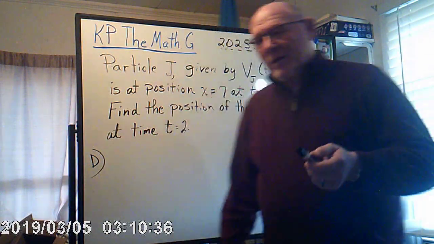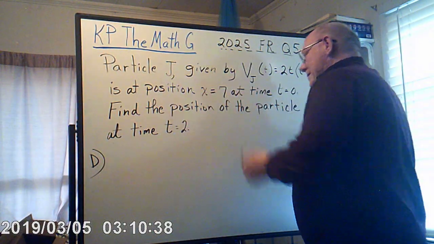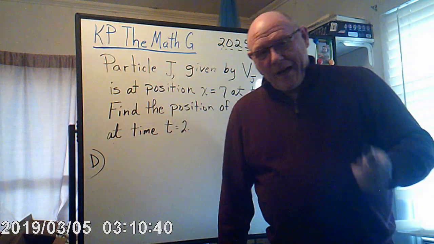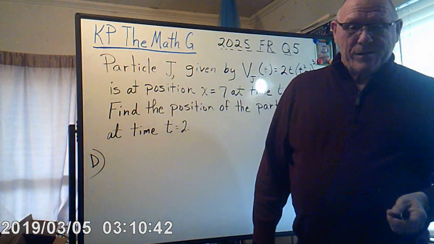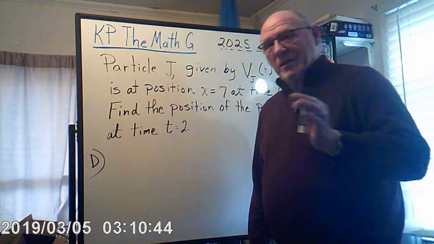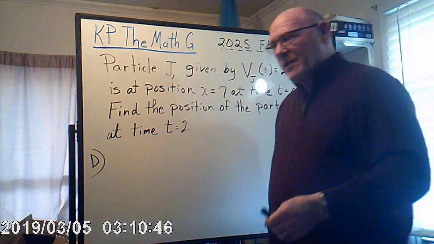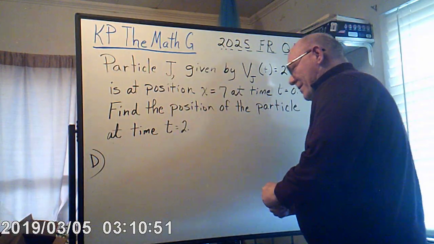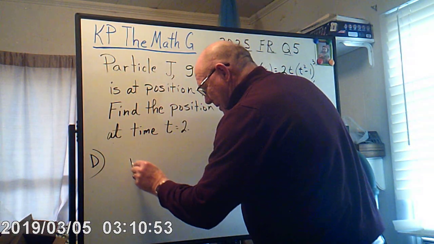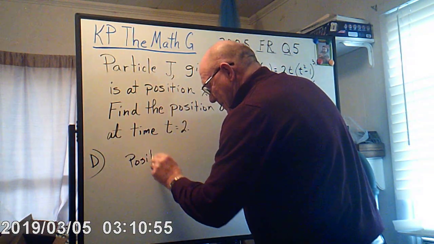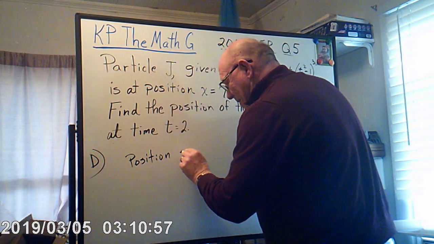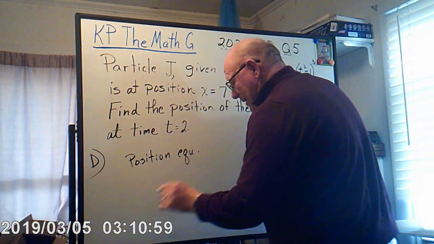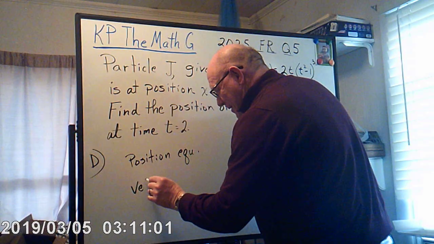And to do that, what did we do? You're right, we took the derivative. We took the derivative to find acceleration. So we have the position equation, we have the velocity equation,